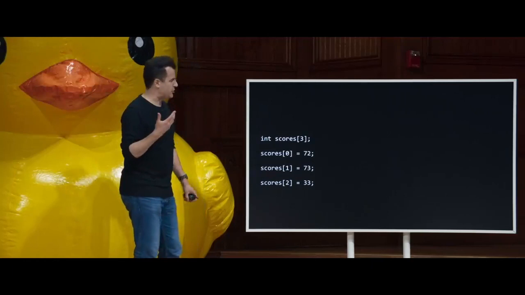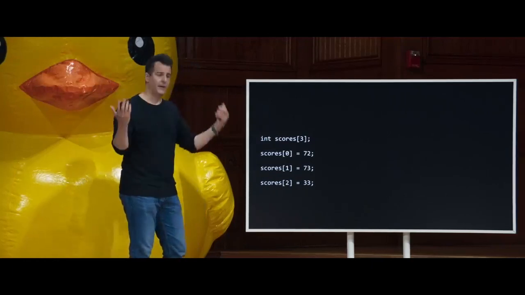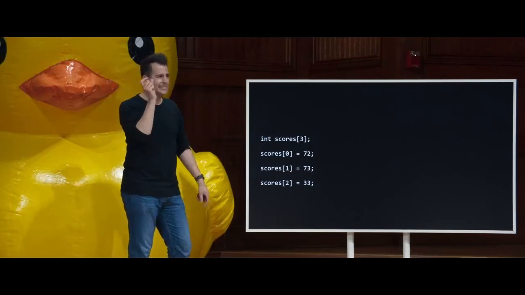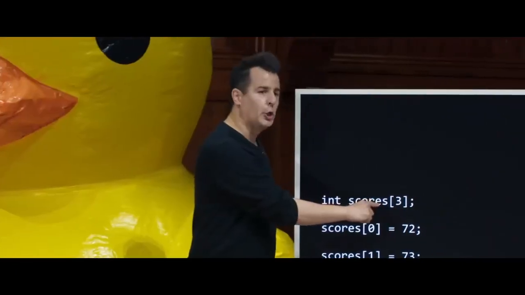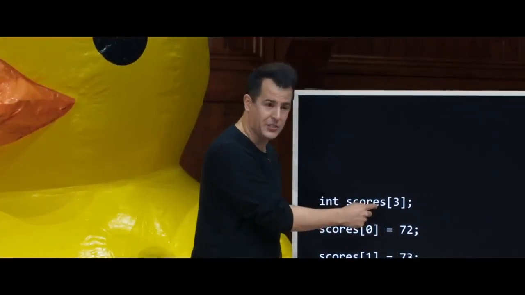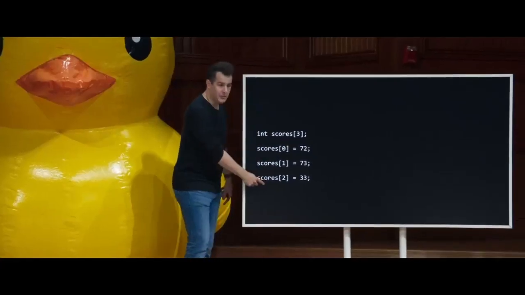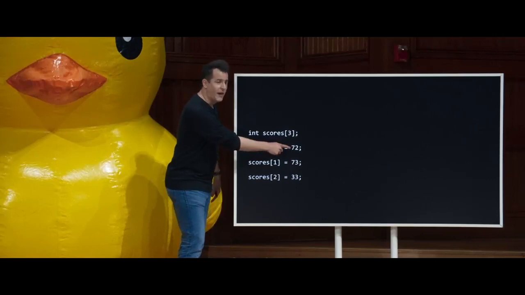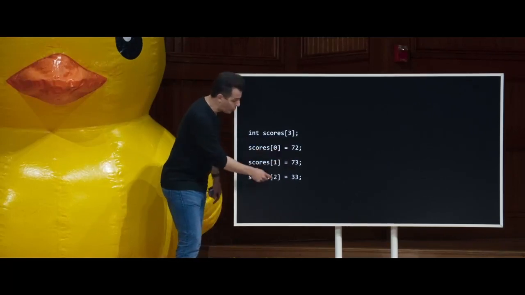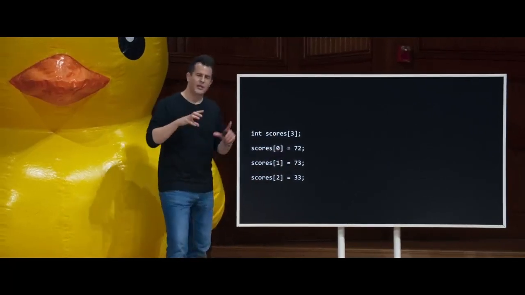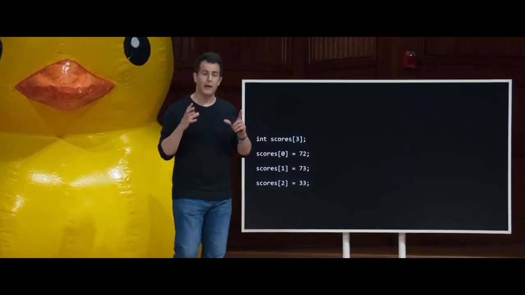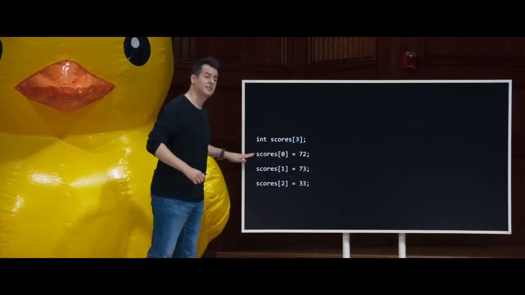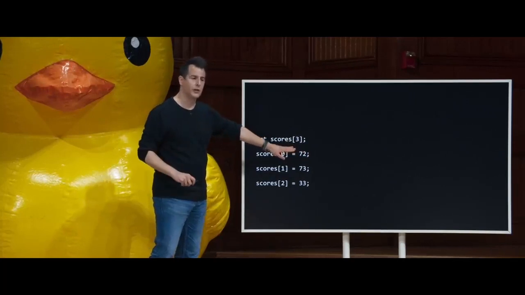And notice this is a feature or a downside of C. We very frequently use the same syntax for slightly different ideas. This first line tells the computer, give me an array of size 3. These next 3 lines mean go into this array at location 0, and put this value there. Location 1, put this value there. Location 2, put this value there. So same syntax, but different meaning depending on the context here. But the equal sign indeed means that this is assignment from right to left, just like last week.